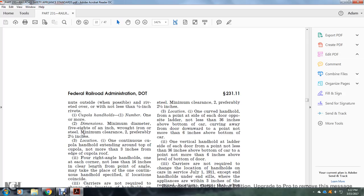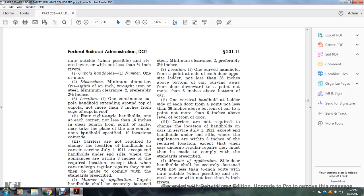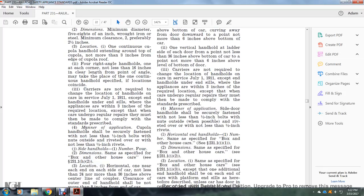3. Location 1. Continuous cupola handhold extending around the top of the cupola, not more than 3 inches from the edge of the cupola roof. For the right end of the handholds, one at each of the corners, not less than 16 inches of the car length, with the point of the angle that may be taken to place in one continuous handhold specified at locations coincide. 3. The carriers are not required to change the location of handholds on cars in service July 1st, 1911,